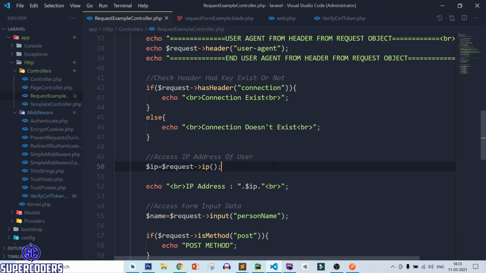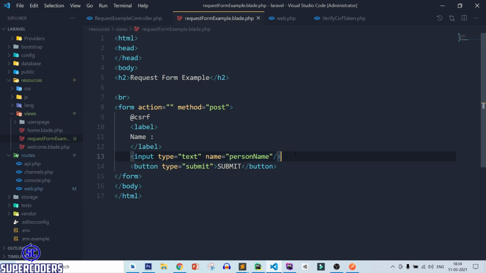Now after that, let's work on the next part, meaning how you can get all the form data. So suppose let's add some multiple fields here.